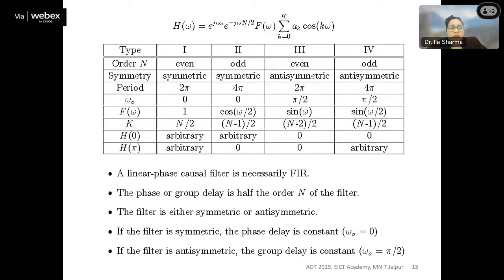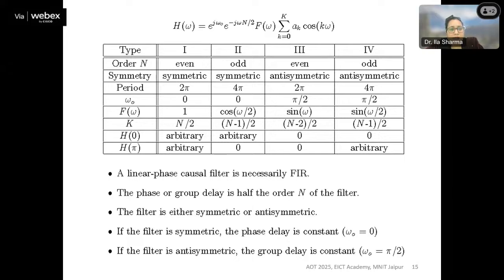Okay, and this I have taken from one of the very renowned books, that is S.K. Mitra, from chapter 5. I have taken this table. I have not mentioned it here, but in the reference I think I have given that. So this is a very standard table. The simple table I just showed you. This is the standard table.